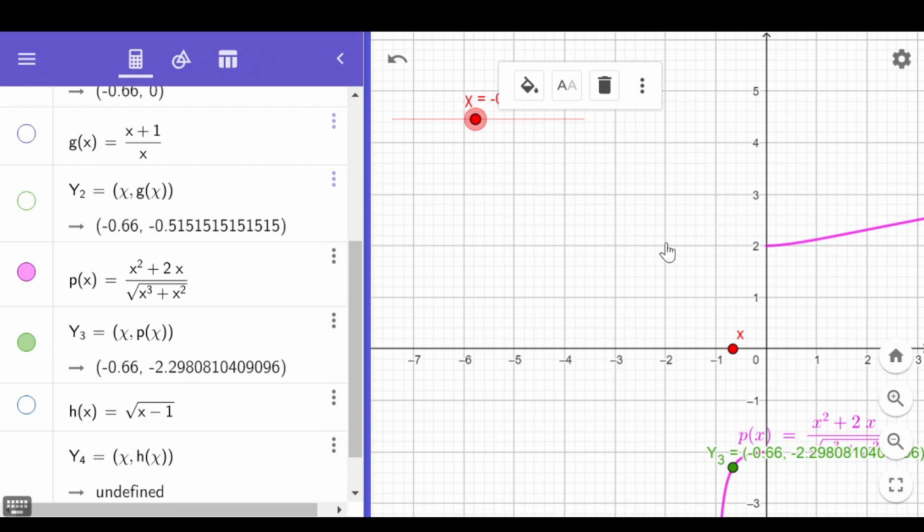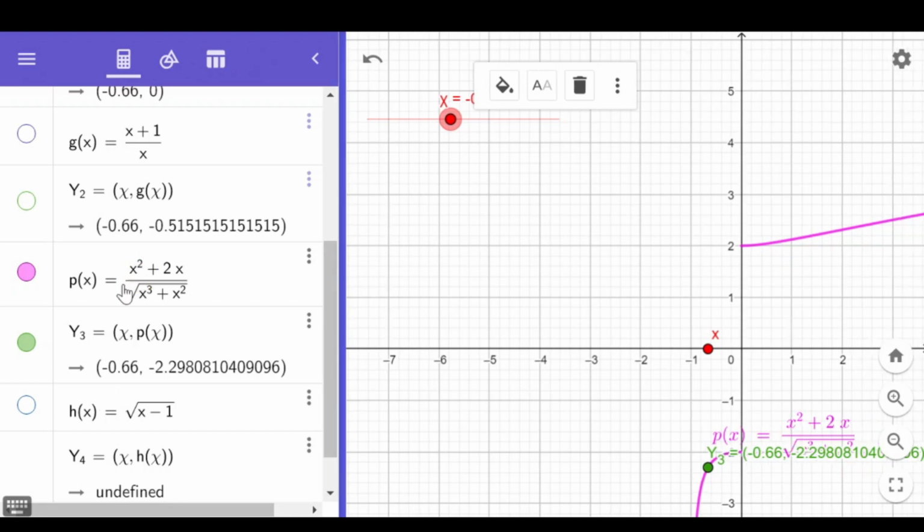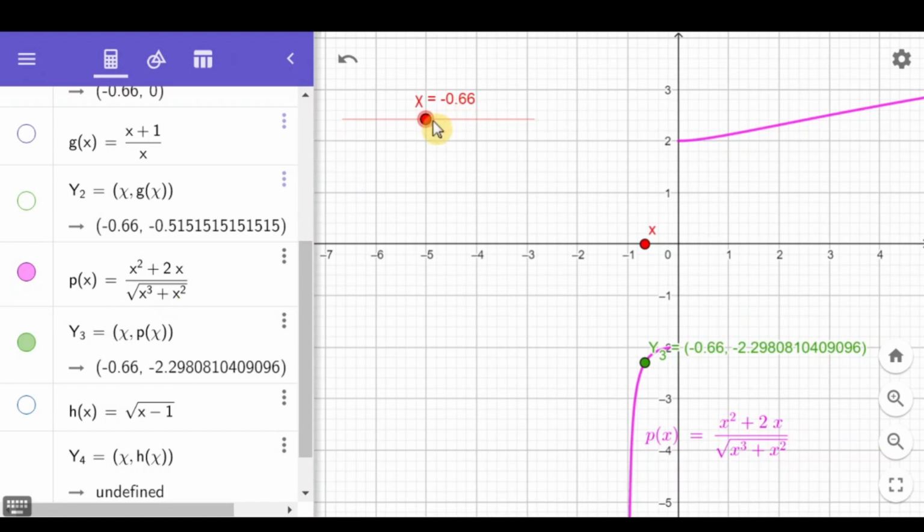Kung hindi nyo makita sa Cartesian plane, nandito naman tayo. X squared plus 2x over square root of x cubed plus x squared. It's just the same. So, i-observe natin yung function this time around sa x value na magiging undefined siya. Magiging undefined kasi ito at x equal to 0. So, let me show you that. If we specify x to be exactly 0, what happens to the function? Huwag nyo lang tingnan yung nasa taas, yung colored lang na dito yung concern natin sa kanya.